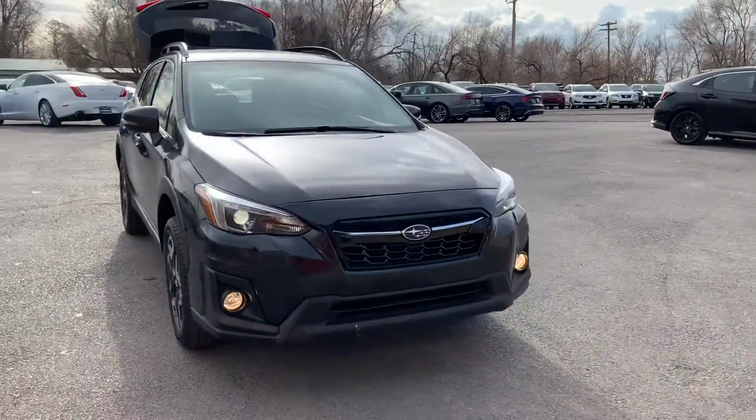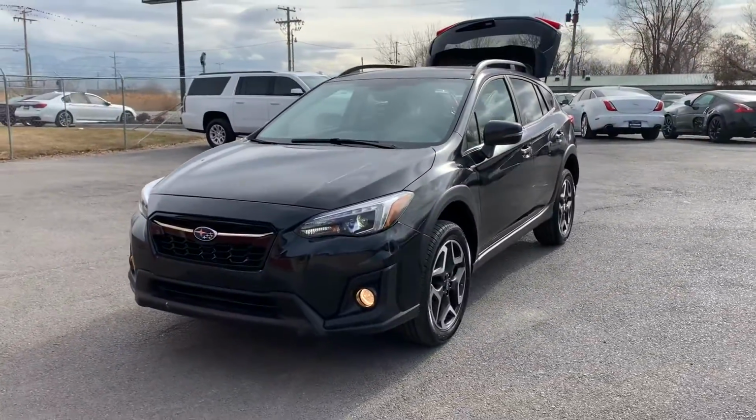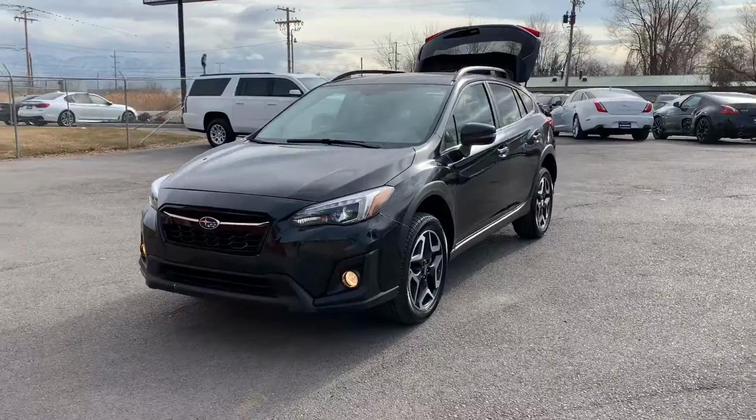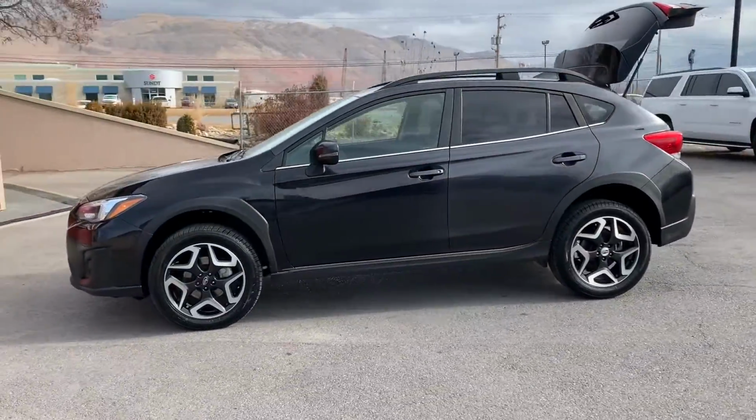Those LED headlight surrounds don't really flicker to the human eye. It's just a refresh rate of the camera that makes them look like that. It also has fog lights, alloy wheels,